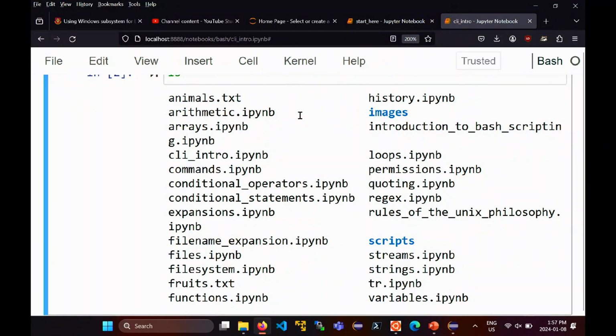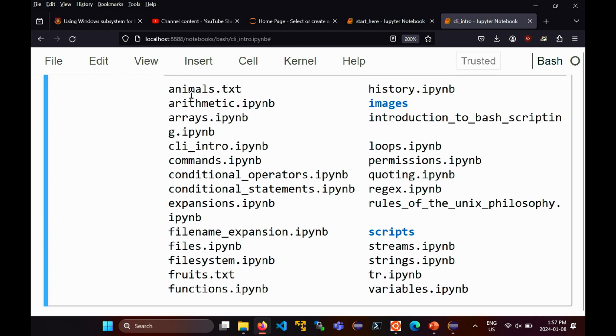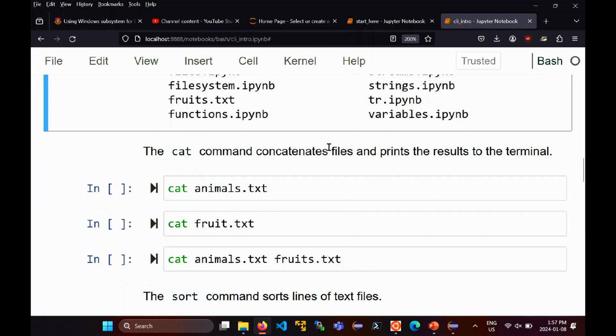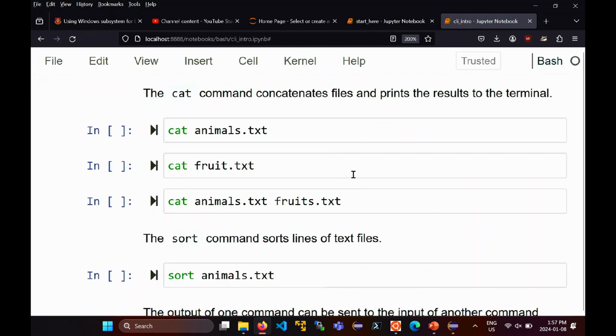Okay, so in my directory, there's a bunch of files. One of the things that you want to do when you have files is you want to know what's in the file. So for example, I might want to know what's in this file, animals.txt. If you're in Windows or Mac, you double click on it and then some editor pops up and it shows you the contents. From the command line, you don't really have that luxury. Instead, you output the contents of the file. One way to do it is with a command called cat, which is short for concatenate. So cat followed by a file name prints the contents of the file to the terminal.